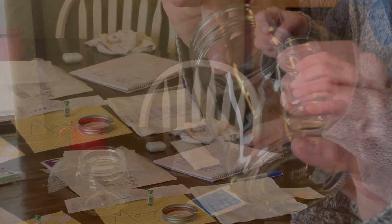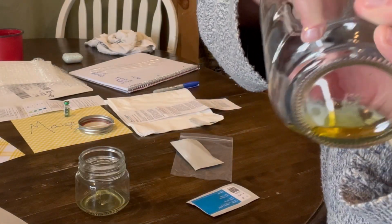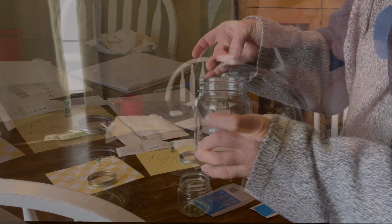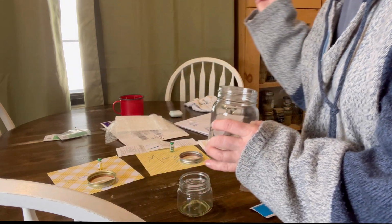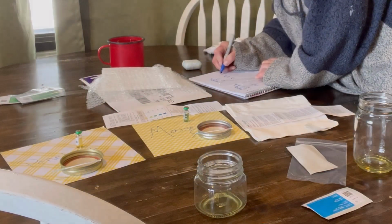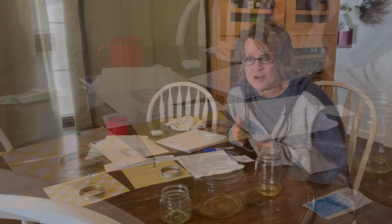Dip this stick in, and I'm going to count 1, 2, 3, 4, 5. Okay, and I'm going to place it horizontally, just as they said, and we're going to let it sit. That was 12:22. Okay, so we have now done 2 tests for each sheep,